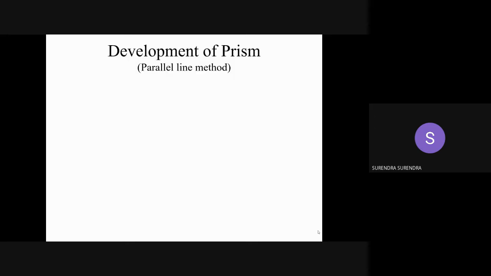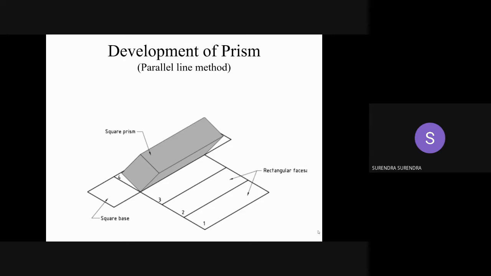Now, in development of surfaces, there are two methods. The first method is the parallel line method. The parallel line method is useful for development of prisms. Why? Because if you open the surface of a